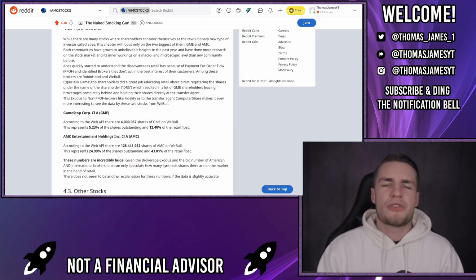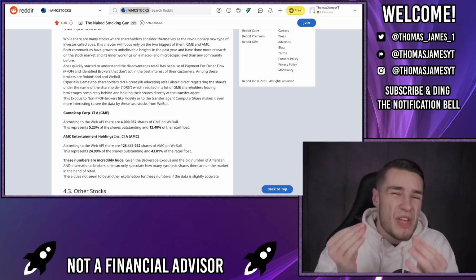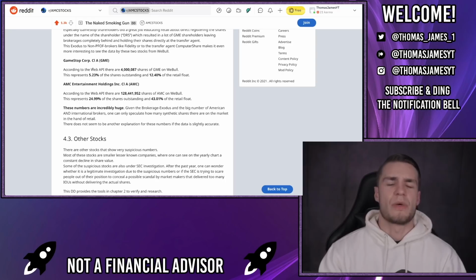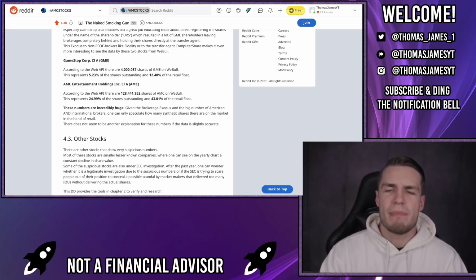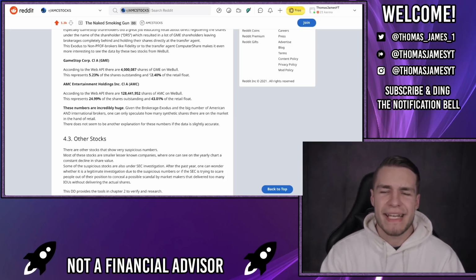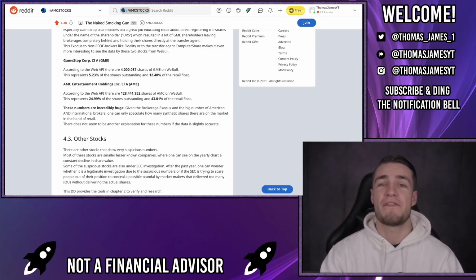But it gets really interesting when you start looking at meme stocks like AMC and GameStop, and this is where the synthetic shares are going to be exposed. So according to the Web API, there's 4 million shares of GameStop held on Webull. That represents 5.23% of the shares outstanding, or 12.4% of the retail float. But with AMC, there's